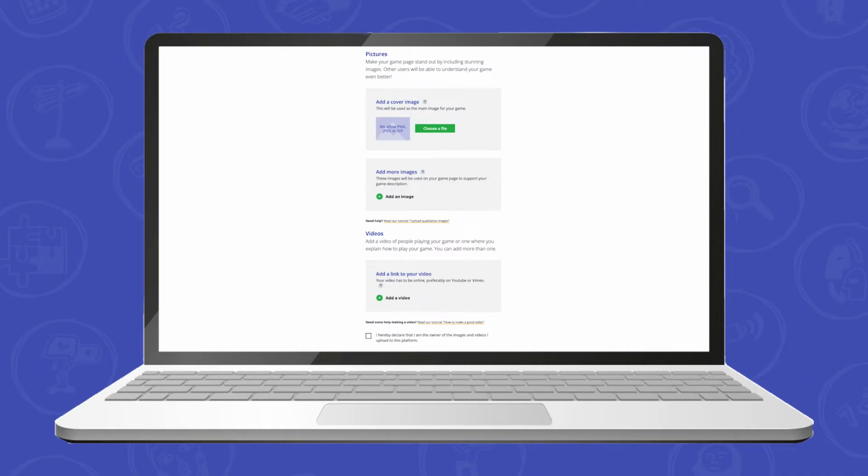Besides pictures, you can also upload a video to explain your game. You can record and add a video to better explain your game to the community. Upload your video to one of the major video sharing platforms so that you can share the website URL in the wizard. Once you have uploaded your pictures and/or videos, tick the box to declare your own rights of the images and videos you uploaded. If you don't tick the box, the platform will not display the images. If you don't have any media to share, you can just click the button Skip this step.